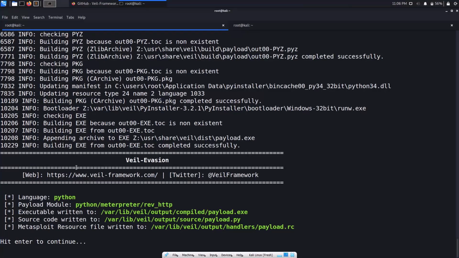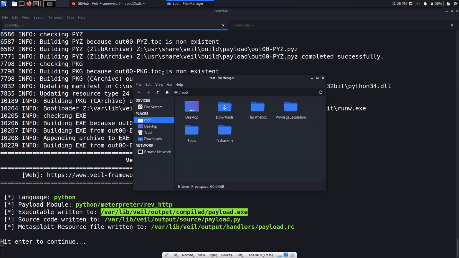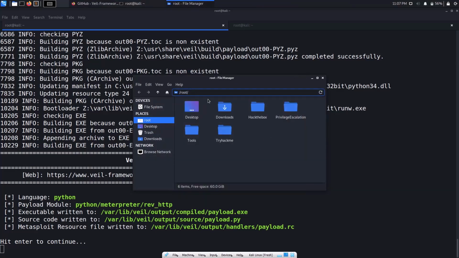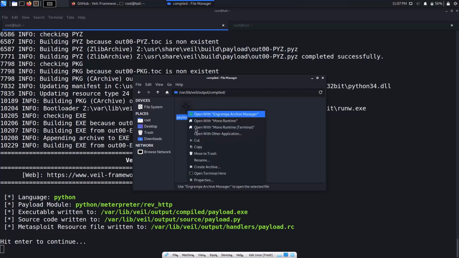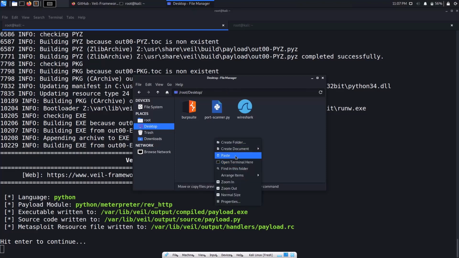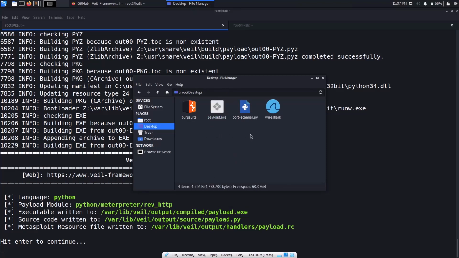And here we have completed, guys. You can see the language, the module we used here, and the executable, which is in this location. Let me copy this thing and get it on my desktop. So I failed to set the payload. Let me close this thing. Let me go to compile and see what's available there. So you can see a payload here. Simply copy this thing. I'll be cutting this and putting it on my desktop. So this is how you can get it, and you can transfer this to your friend or anything else.